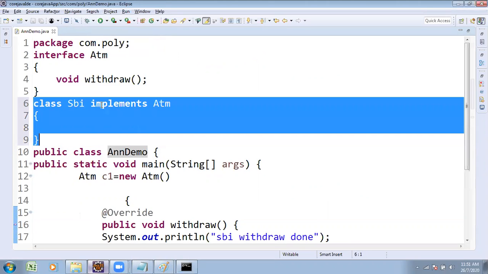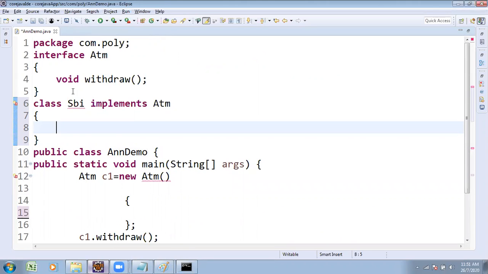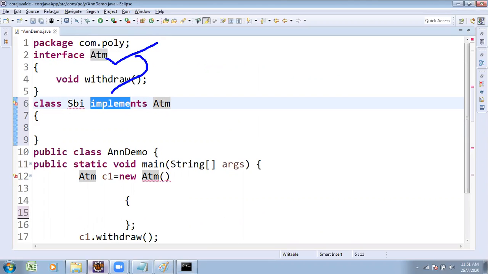Observe this part. Second step: here I'm removing this part, and we get an error. What is the error? This is a subclass or implementation class. Step one is creation of the interface, then writing the subclass. In that subclass, it is compulsory to write the logic. The method is already in the superclass or interface, and you are just overriding it. Previously, there was no logic in that method, but you want to write some additional logic or new feature.